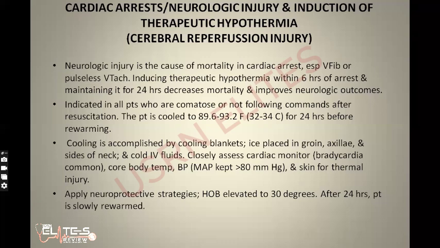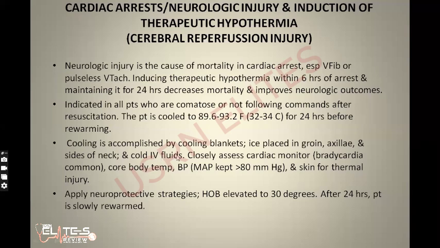So the time for you to start is within 6 hours. And for you to maintain the temperature below 34 and not below 32 should continue for 24 hours. Then after the 24 hours, you start warming patients slowly. And we are saying cooling is accomplished by cooling blanket, ice placed in the groin, axilla, and sides of